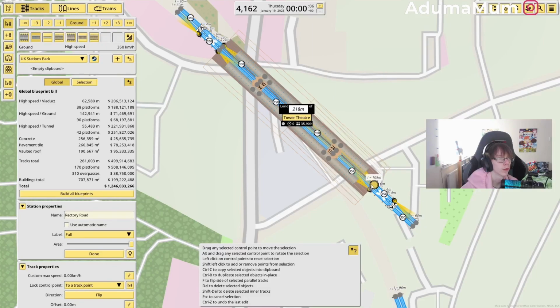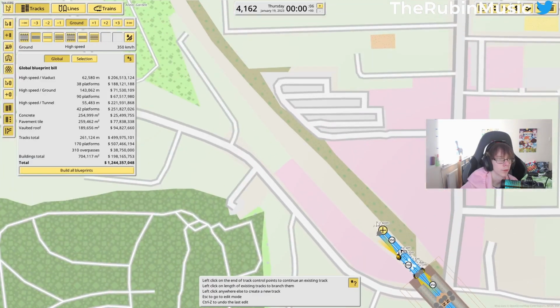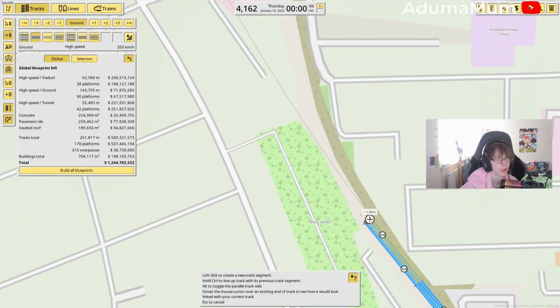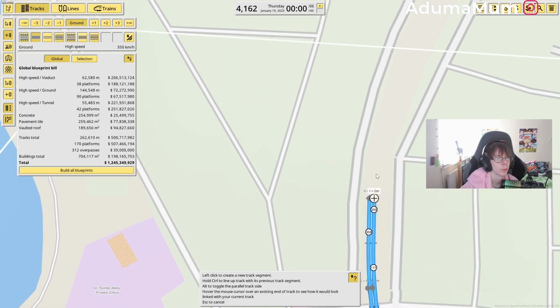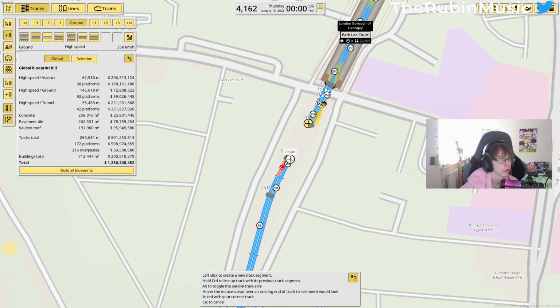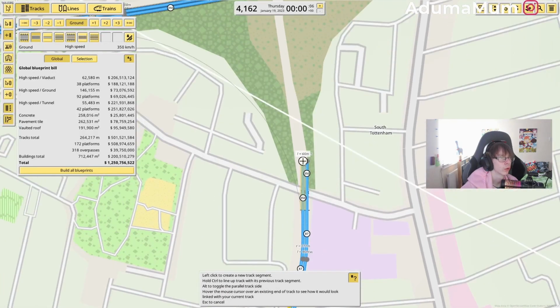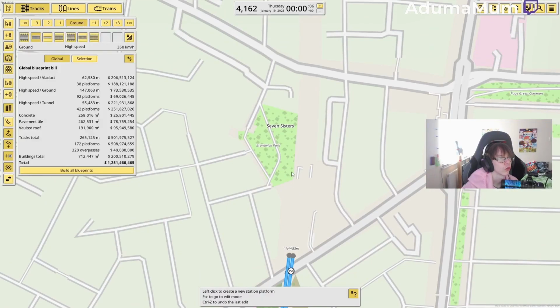So I'm going to put it over like this, maybe so I can put it up like that, and then continue on like here. So next station will be Stamford Hill, which is just here. So I'm going to curve that in, and then we're going to come out and go all the way up to Seven Sisters,